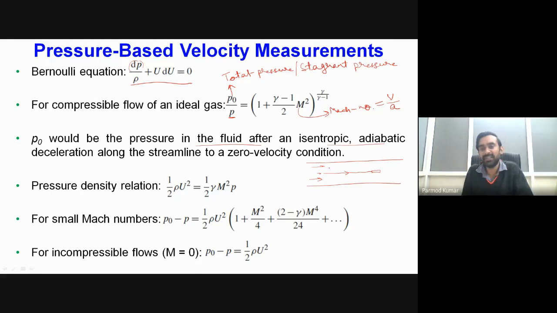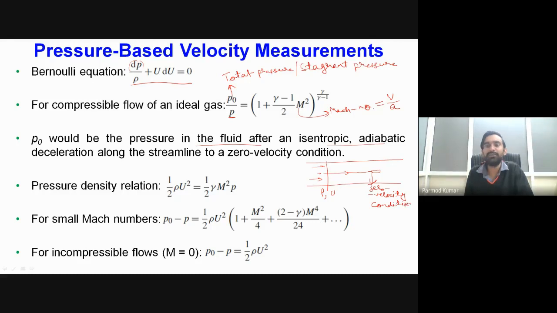Okay, so what will be happening in the upstream? We will be having a certain pressure P of the fluid medium, and a certain velocity, say U. Now, while the streamline is approaching towards this particular solid element, over here what will be happening at the surface of the solid, obviously, we will be having nothing but the zero velocity condition at the surface of the solid.